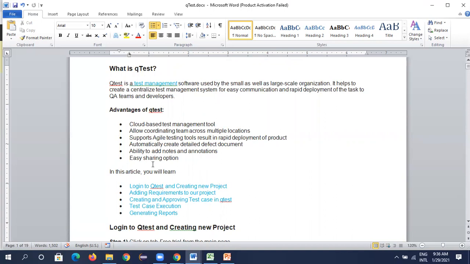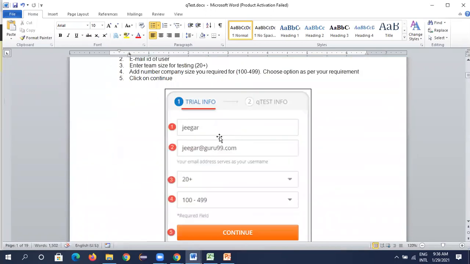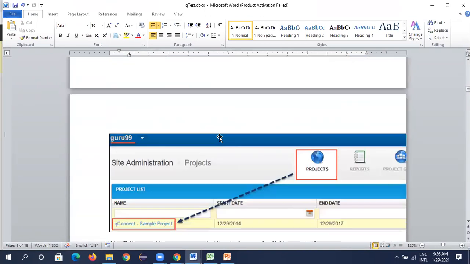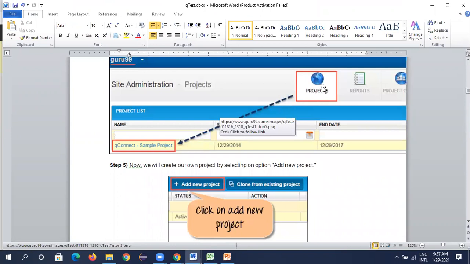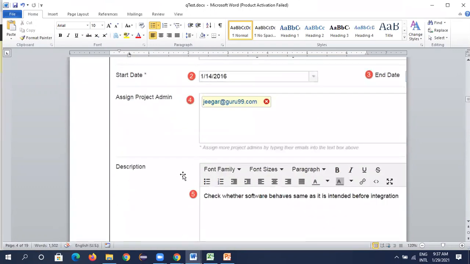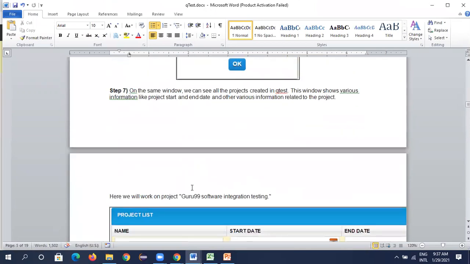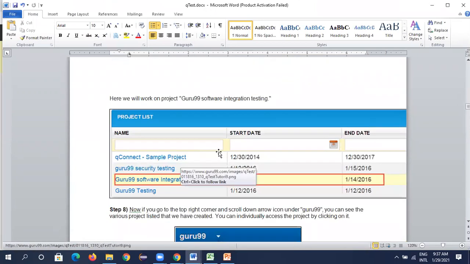It's simple. We can create a new project. This is the free version being shown here. You can add a new project with the project name, start date, end date, and project admin, and you can add a description of the project. Once you create the project,